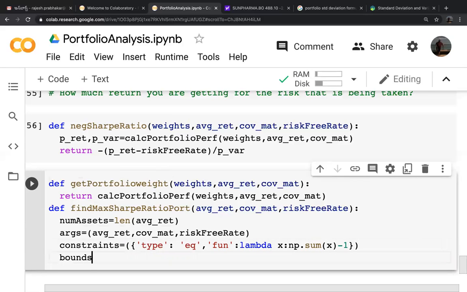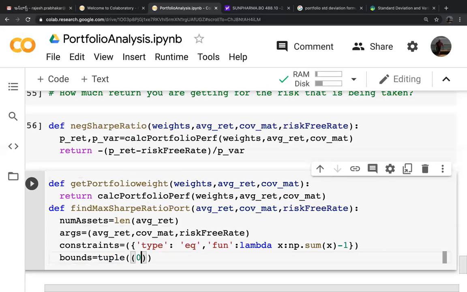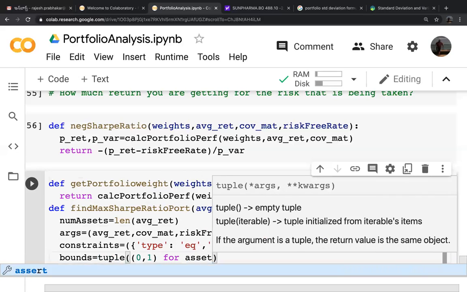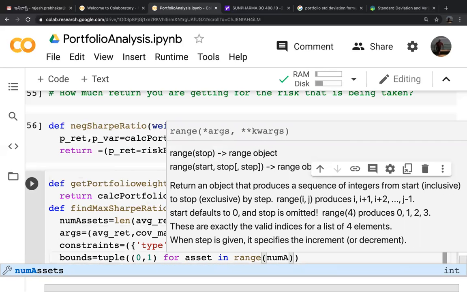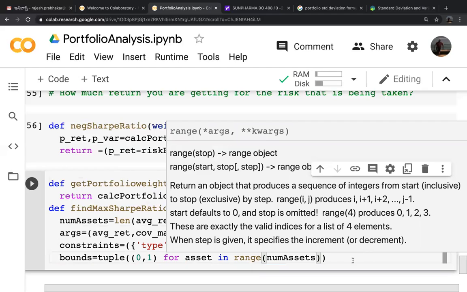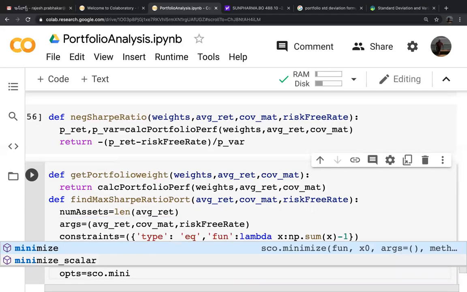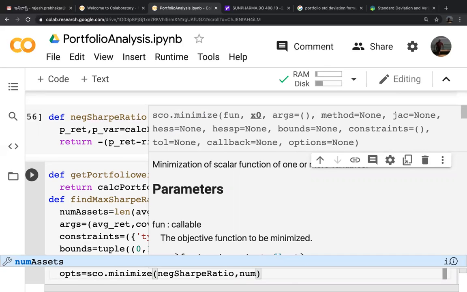Then bounds is equal to tuple of (0, 1) for each asset in range of num assets. So we will ask it to loop around the number of assets, and then optimization is equal to SEO dot minimize. SEO dot minimize next Sharpe ratio, minimize the negative Sharpe ratio, comma, num assets